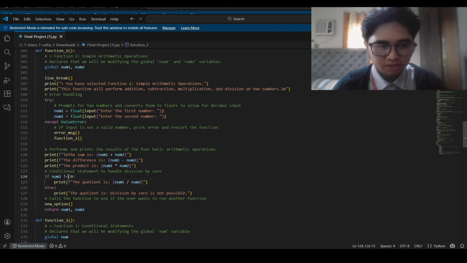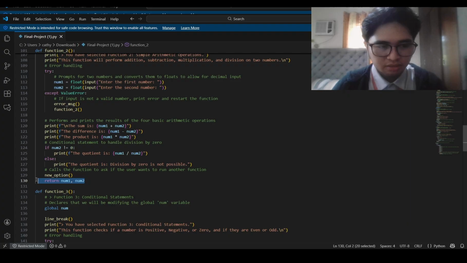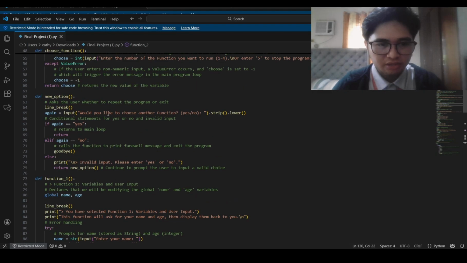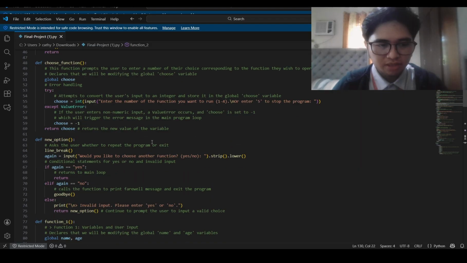If number two is equal to zero, it will print an error message such as "the quotient is division by zero, therefore it's not possible." It will return the inputs number one and two back to their default state, and then ask you, "Would you like to choose another function, yes or no?" If you type yes, you will return to the main menu, and if no, it will end the program and